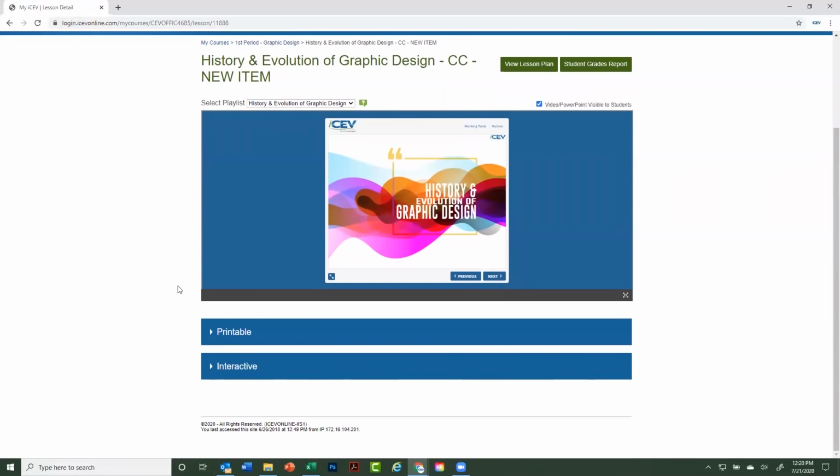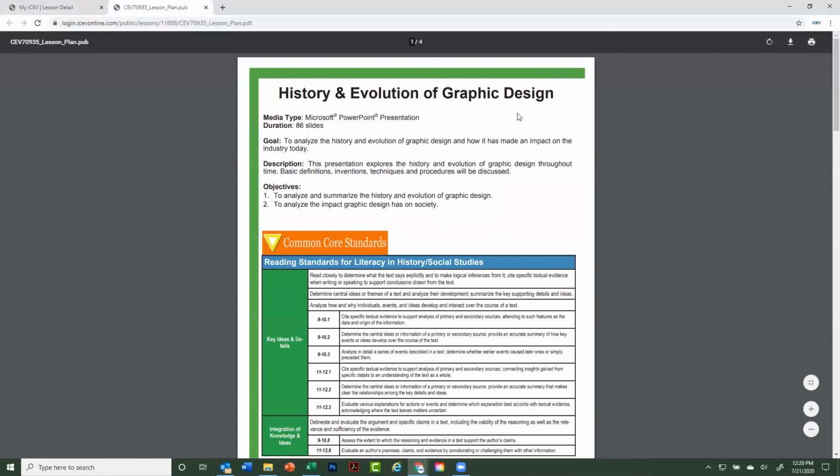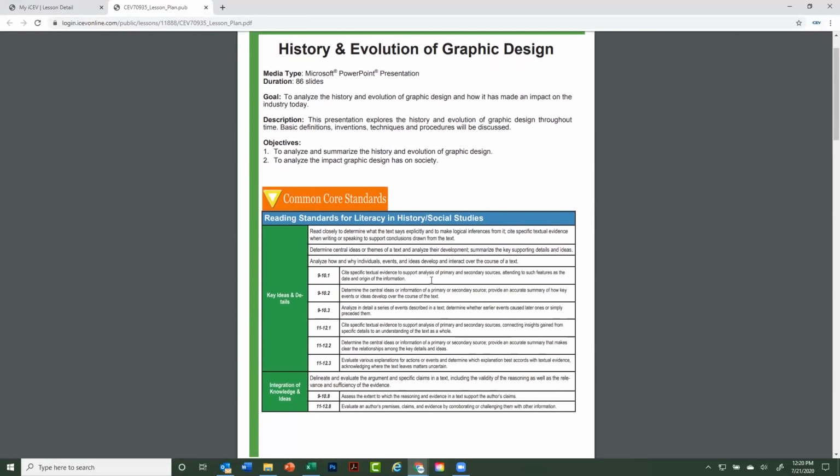this is a slide presentation lesson. All of our content is either going to be slide-based or video-based. Whether it is slide-based or video-based, everything has a lesson plan. So if I view the lesson plan, you'll see that lesson plan here. They're going to give you a goal, a description, and objectives. If you are in a Common Core state, then we're going to provide a Common Core correlation here. If you are not in a Common Core state, then we have what's called a horizontal alignment crosswalk here